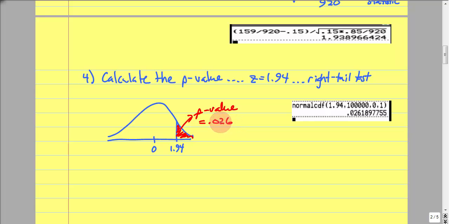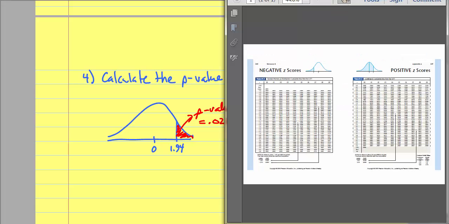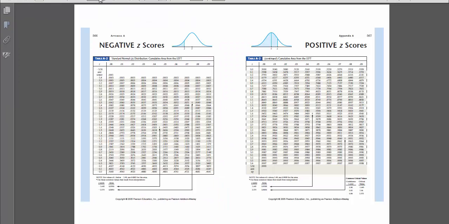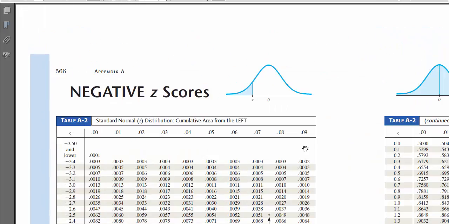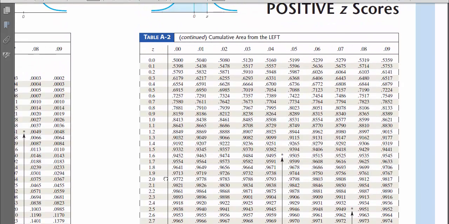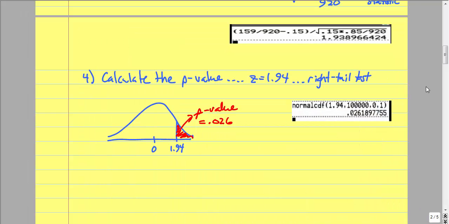Now if we use our normal tables, we're going to get a slightly different result. So let's go ahead and look at our normal tables as well. For my normal tables, I want to look up 1.94, and that's going to be the area to the left. So if I look up 1.94, I'm actually finding more area than I need. So 1, 2, 3, 4. So I get 0.9738. And so for my normal tables, that would be this area right here,